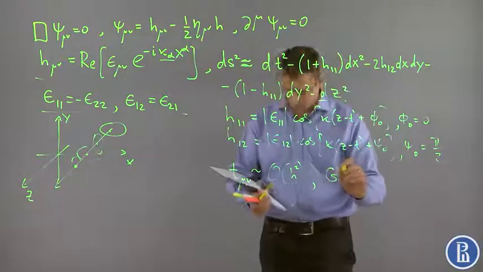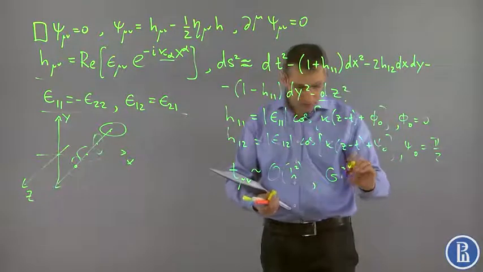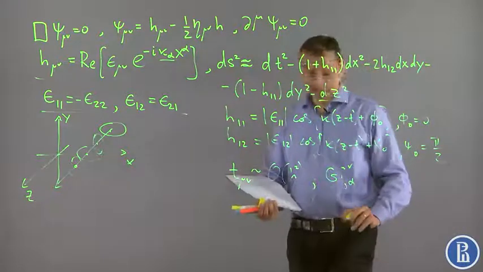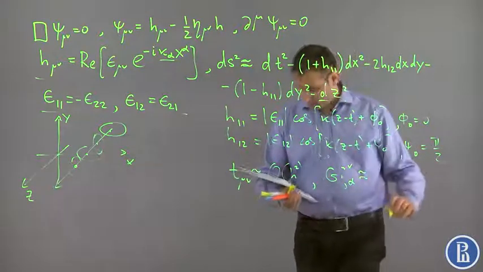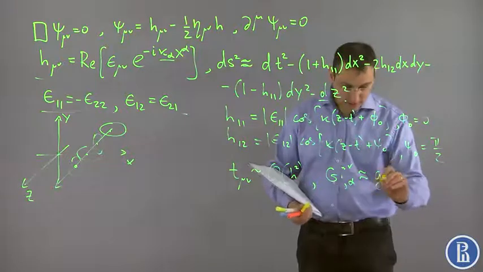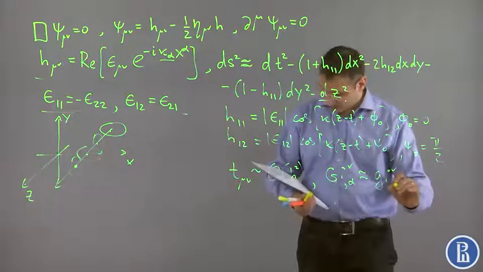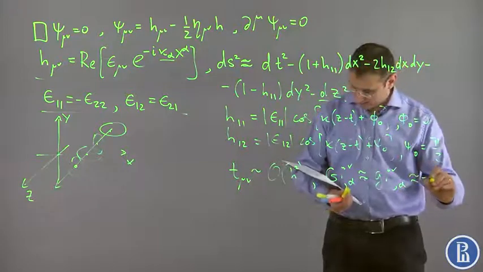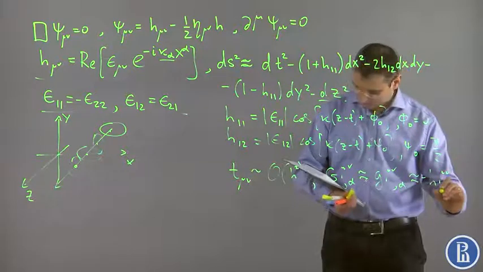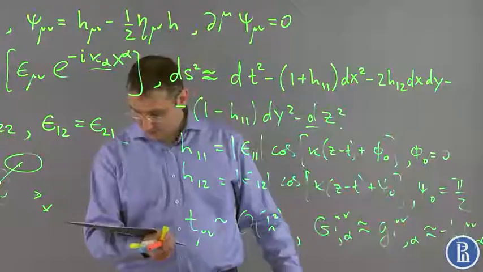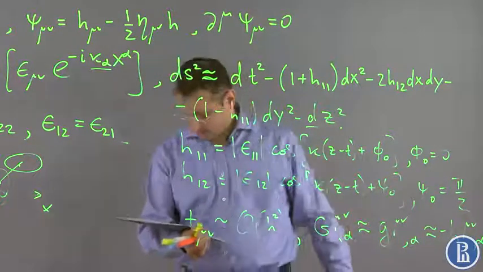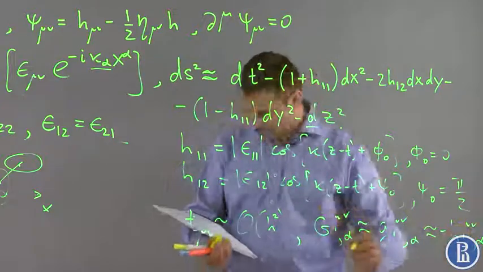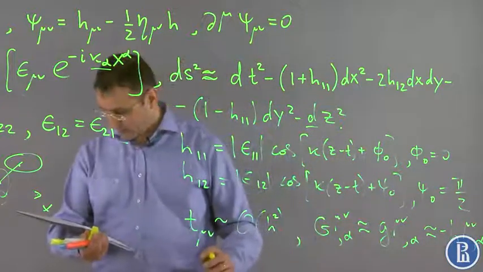I remind you that there was G mu nu, comma, this kind of quantity, and in our linearized approximation it is approximately equal to G mu nu, comma alpha, which is approximately minus h mu nu, comma alpha. So the only non-zero contribution to T mu nu, as follows from all these relations,